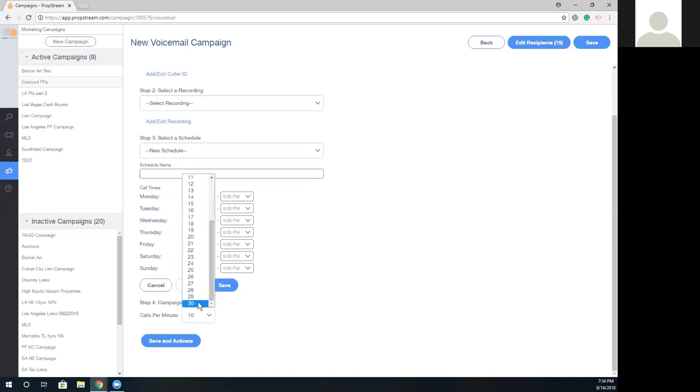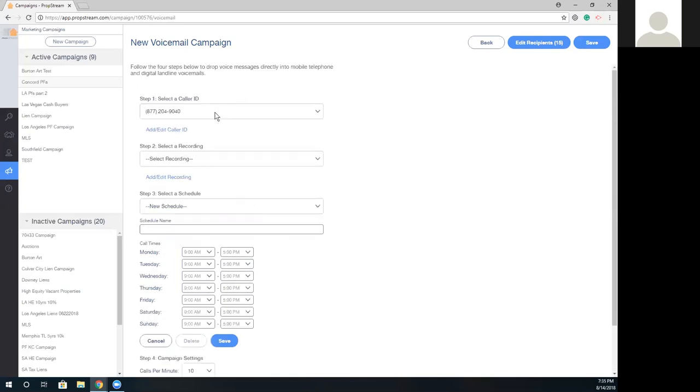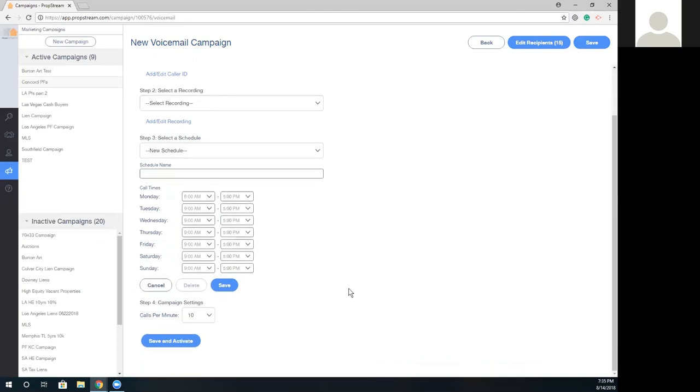Again, this is a ringless VM. The reason I emphasize that is I get a lot of consumers who call in and say, well, Burton, I don't want to make calls on Monday. You're not calling anybody. The voicemail will just be dropped. Even if you started at 8 o'clock in the morning, they're not going to get a ring. Whenever they wake up, they're going to look at their phone and see a missed call with the caller ID you've applied and one new VM. You're not going to be waking up anybody in the middle of the night or the middle of the morning.